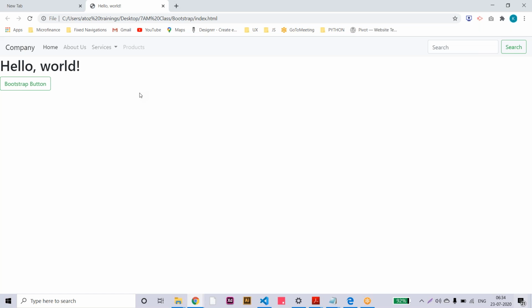Apart from that, if you want any custom styling, you have to write your own style. You can create one custom style sheet and write your own CSS for text, images, and layout purposes. Bootstrap is a complete framework, so you can use that framework to apply CSS and JavaScript styling and functionality. Out of that, if you want any specific requirement or customization, we need to write our own CSS, because you can see that any website